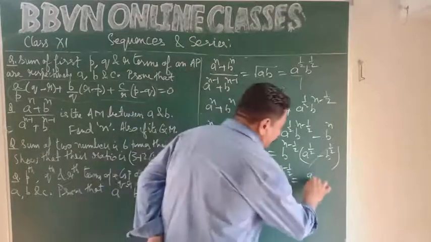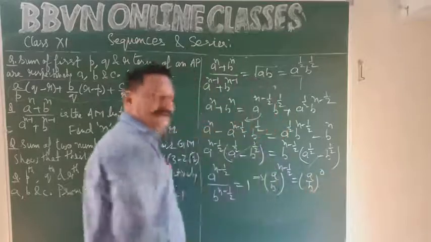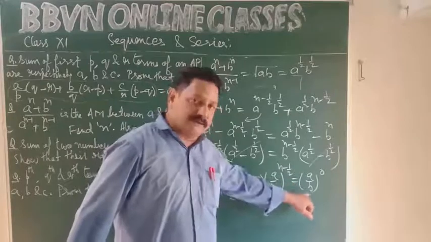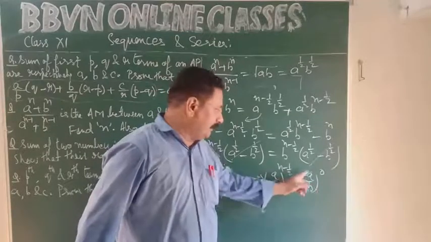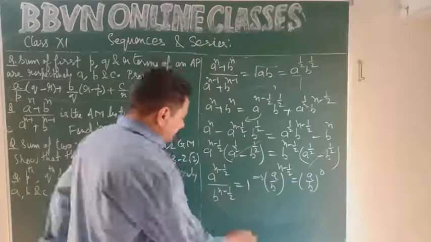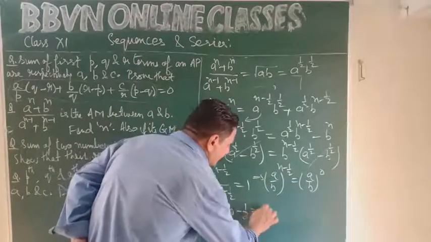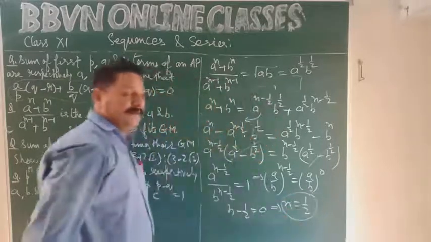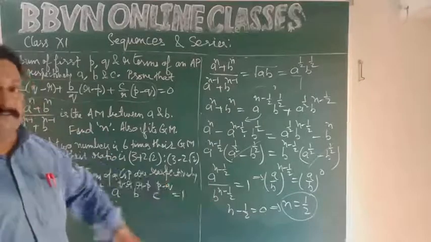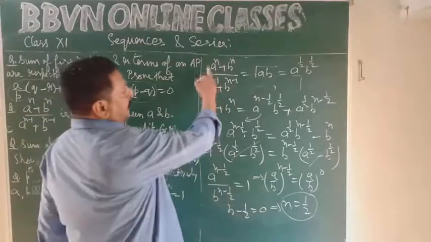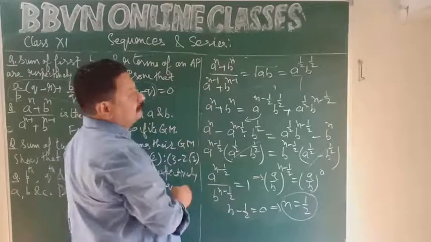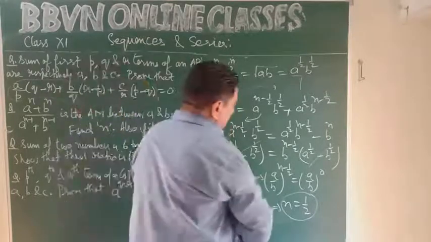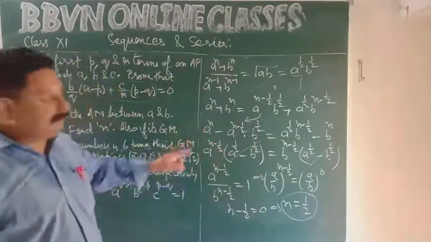1 can be written as a upon b to the power 0. Okay, now there is an equality sign, bases are also equal, right? So we can equalize the power, n minus half equal to 0. This implies n equal to half. If this is the geometric mean, then the value of n is half. Verify. A power 1 by 2 plus b power 1 by 2. This becomes a to the power minus 1 by 2 plus b to the power minus 1 by 2. Solve it, you will get under root a as well. Okay,